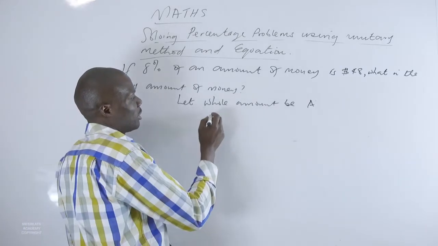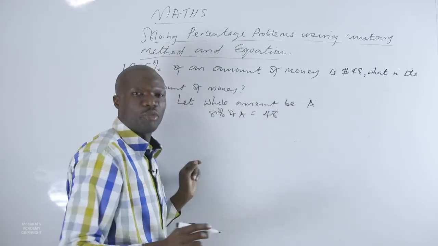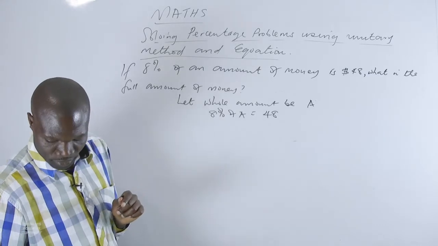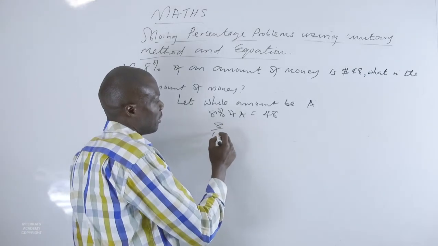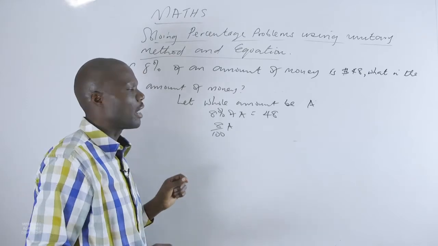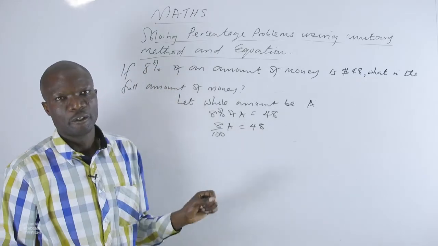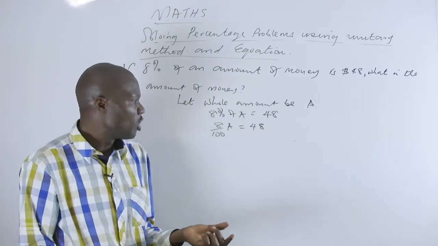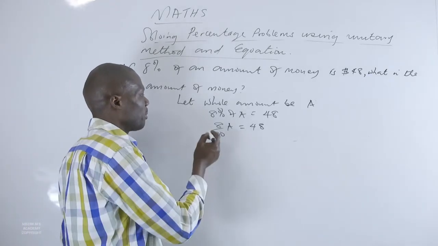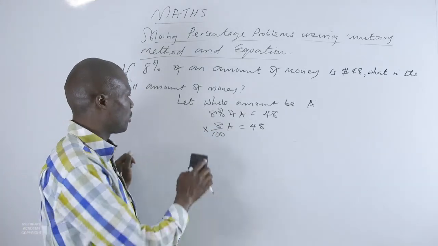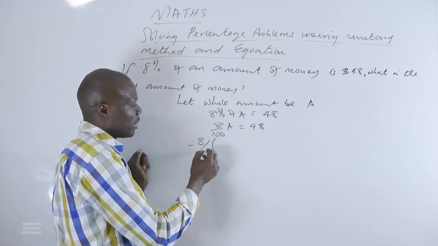8% of A, which is $48. 8% is the same as 8 over 100 A. We can have it as decimals, or we can resolve it the way it is by simply now here we shall multiply by the reciprocal, because if you look at this, we want to divide by 8 over 100,